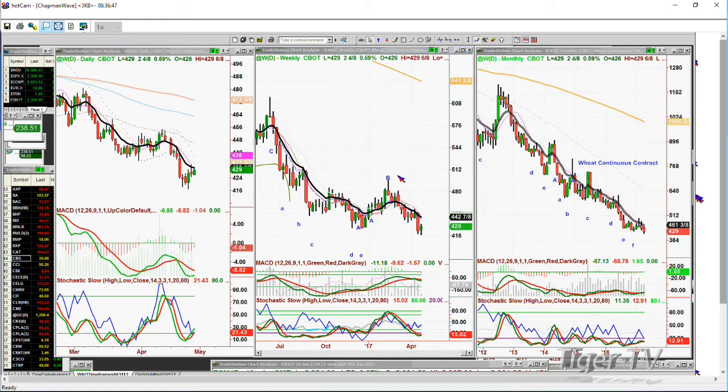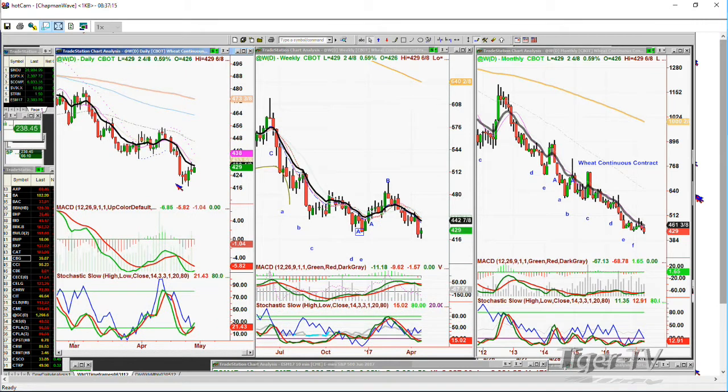So that's a B minus, that's a failure pattern. And look at that. What a perfect left side, right side price time match from that low to that high to that low breakdown. And it closed underneath the left side low. So that says there could be a rally in wheat. And that wheat rally, it says, if at 429, up 2.25 today, if wheat is able to get by Monday afternoon, Tuesday morning, anywhere into the 433 to 434 area, that weekly chart will start to improve with the stochastics